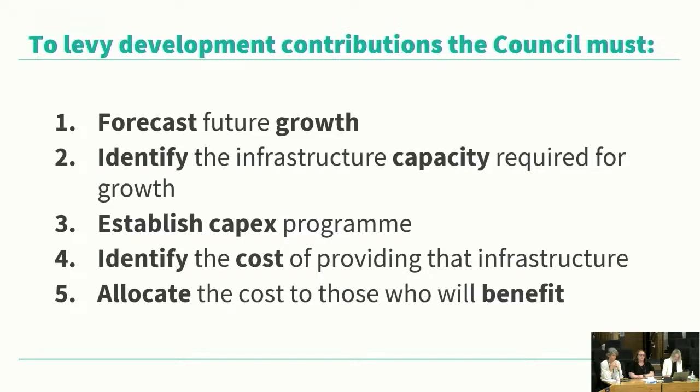We then budget for infrastructure delivery in the LTP. All capital projects with some kind of growth component are identified for the DC policy. It is the LTP that dictates what projects will be included in the DC policy, not the other way around. The cost of providing growth infrastructure is outlined in the schedule of assets in the DC policy. This schedule details all assets required to service growth. We also need to take account of other cost drivers that should fund some of the costs of infrastructure as well. And then we allocate the cost of providing growth infrastructure to those that benefit based on what specific infrastructure is required to service a particular area and how much capacity different developments require.